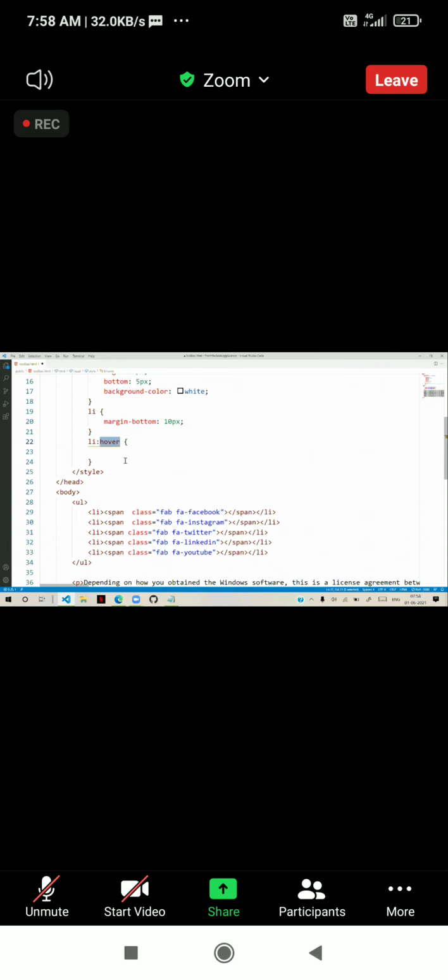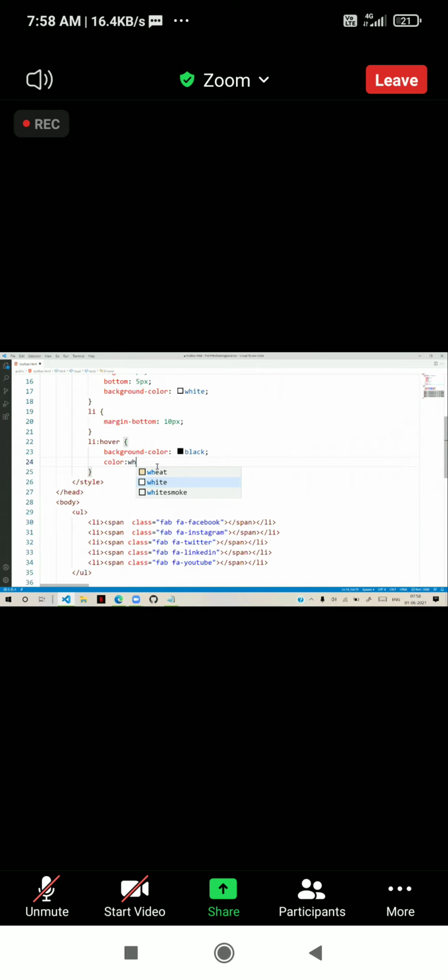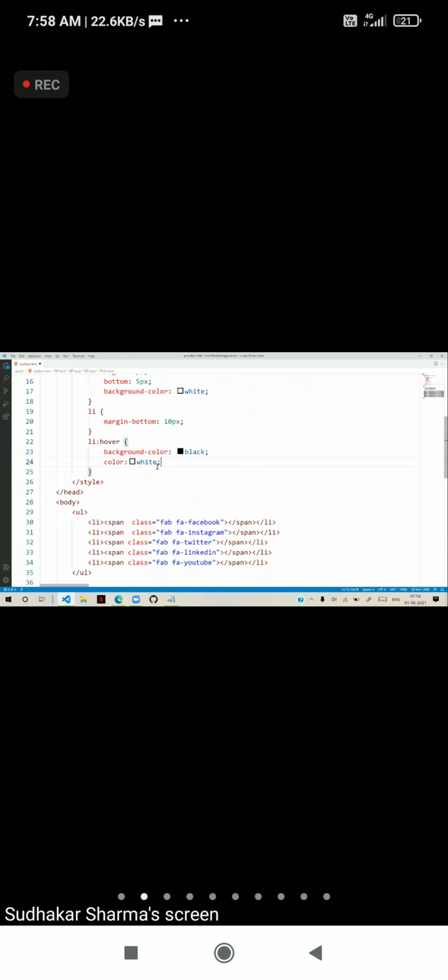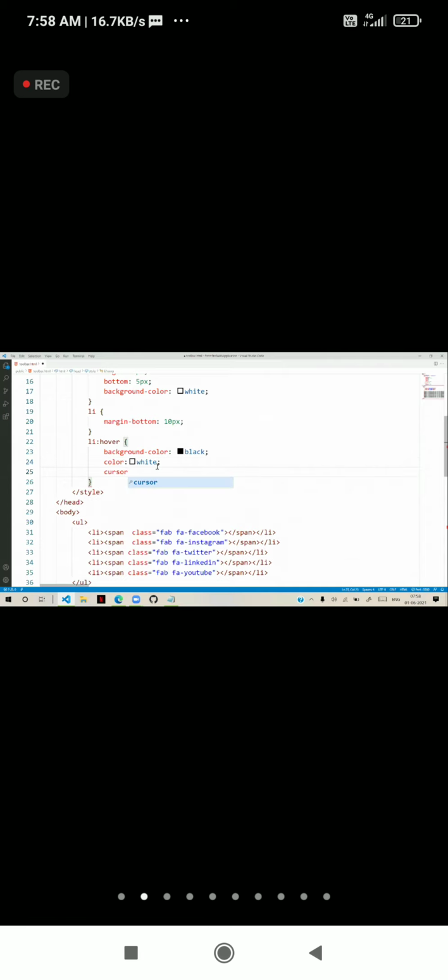What is the advantage of class? Class can dynamically change. On hover, I will put like this, background color black, and I will put color as white. And one more on hover, I will give cursor as grab.